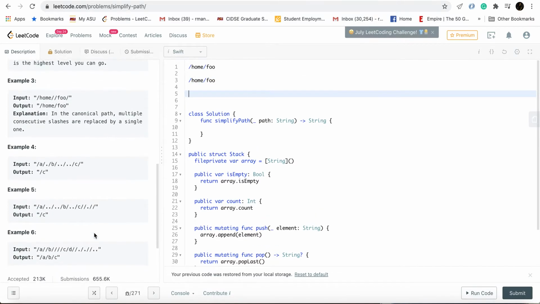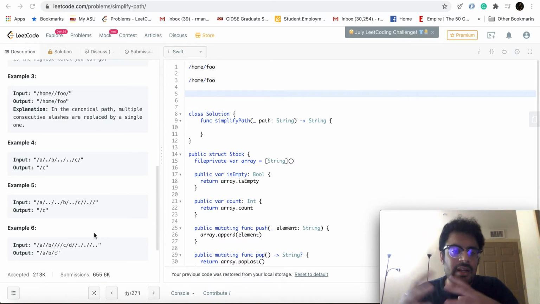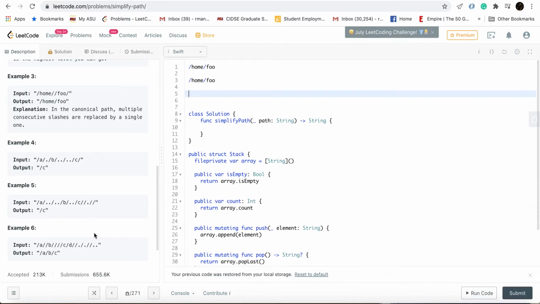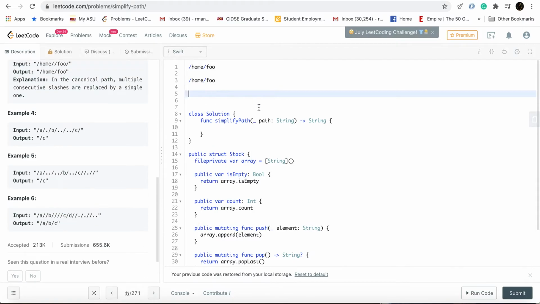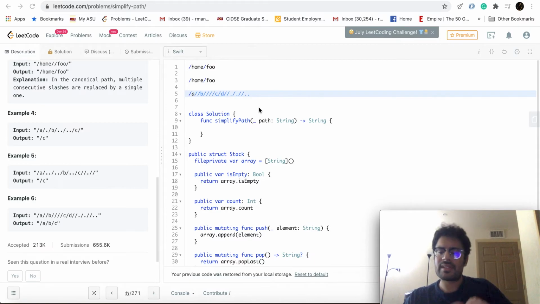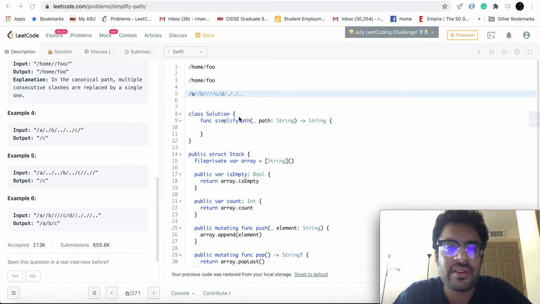Now let's say, I'll explain an example first, then I'll tell you how we can integrate a stack into this implementation. Let's do the most challenging example from these examples, because once you get these examples, understanding the implementation won't be difficult. As I said before, we'll replace all multiple slashes by single slashes. This replacement is not something we'll do in implementation. It's just for the sake of explaining.